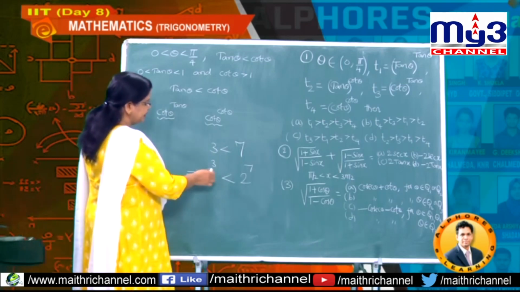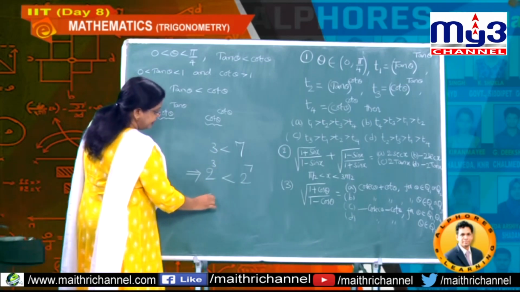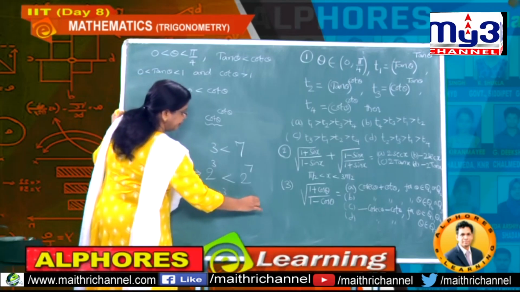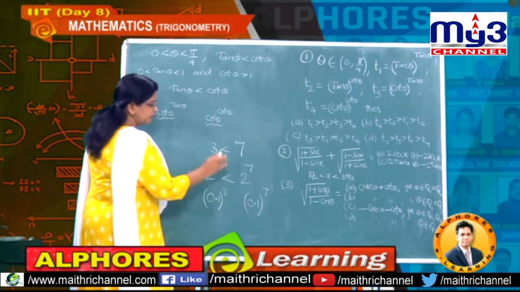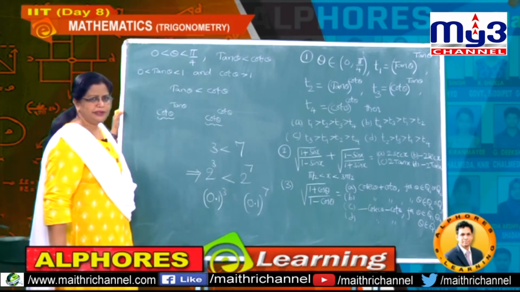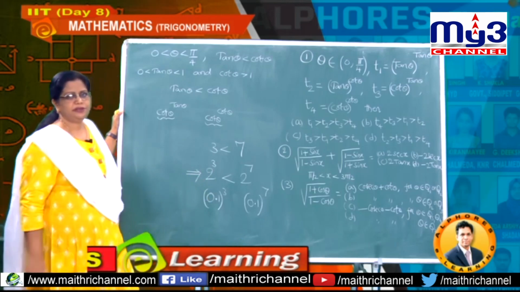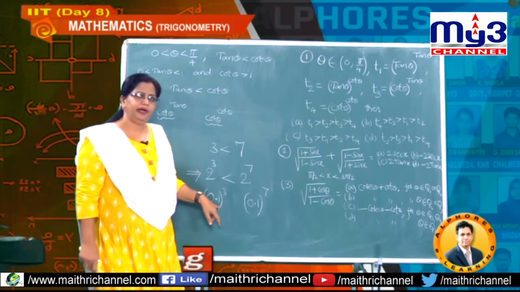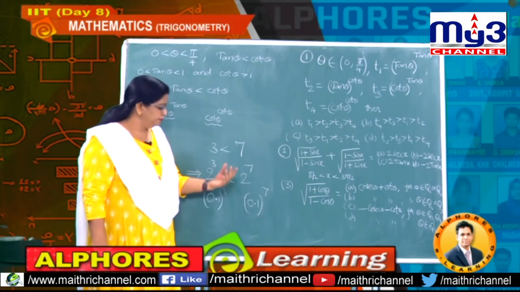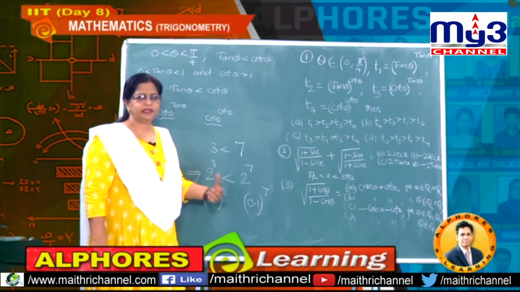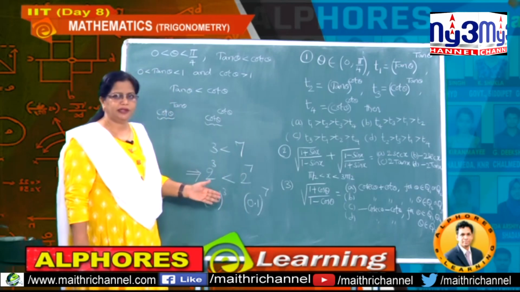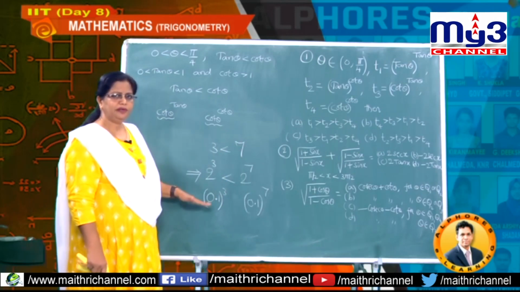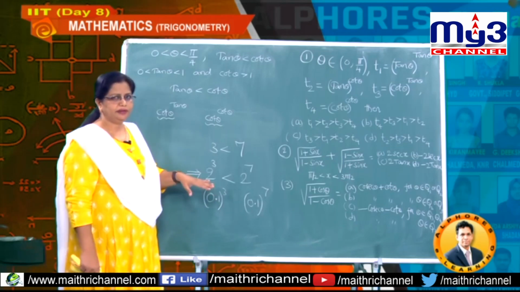Suppose instead of this 2, if I take 0.1 whole to the power of 3, and here 0.1 whole to the power of 7. Understand, students? What is the difference between the number 2 and the number 0.1? The number 2 is more than 1 and the number 0.1 is less than 1. In previous sessions also, many times we have discussed that for any number, you should observe not only positive or negative, sometimes we need to observe whether it is less than 1 or greater than 1.